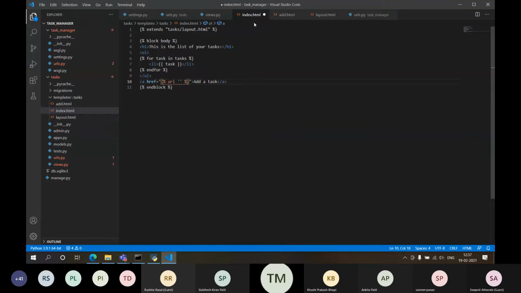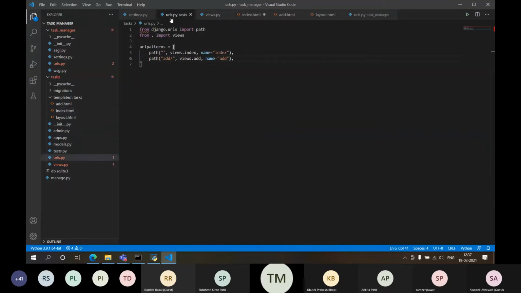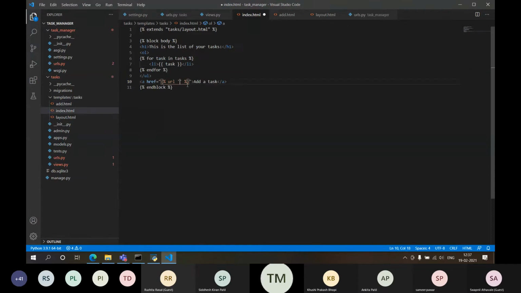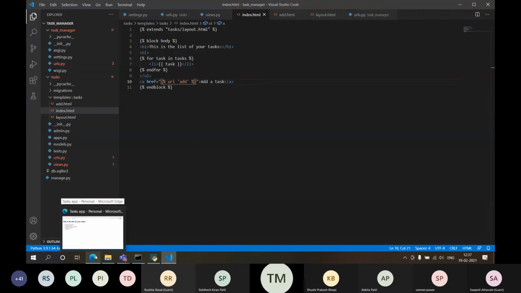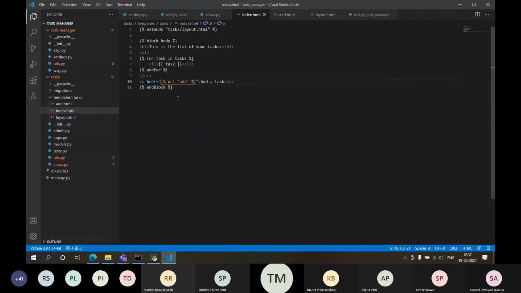So what will be the URL? You see in urls.py, the name is add, written over here, right? So just go over here and mention the name as add. Now the Django template language will automatically populate what is meant by add.